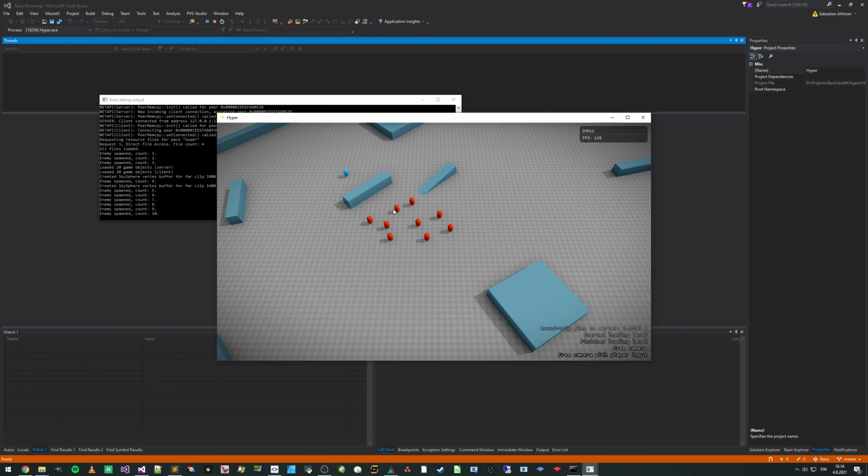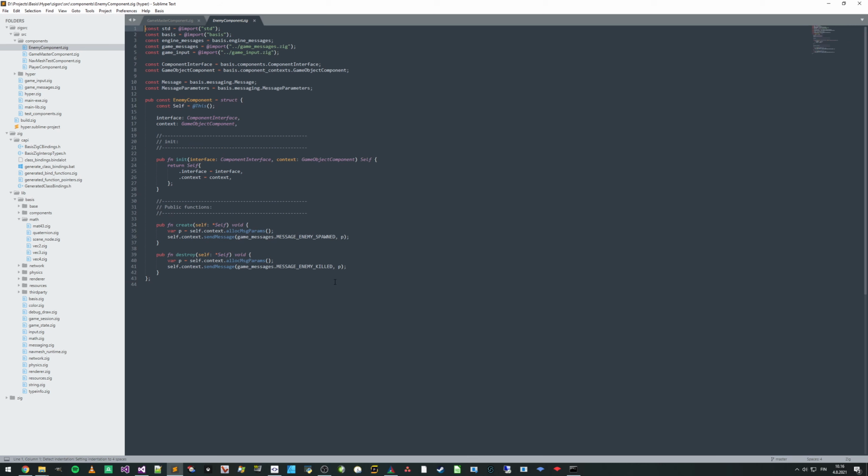Okay, so how do we do that then? I think the most natural place to put this kind of logic would be here in the enemy component function. So how do we actually do it? Well, let's say that the enemy wants to run a new path query every second. Essentially, every second the enemy tries to figure out where the player is and